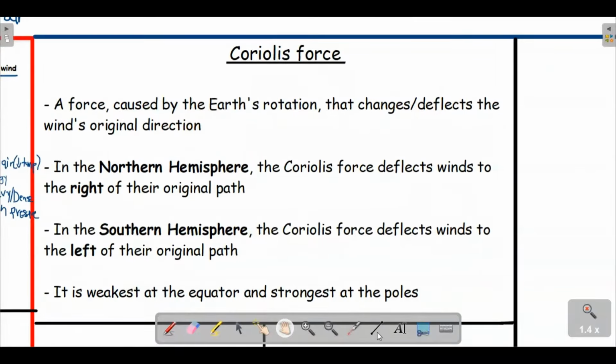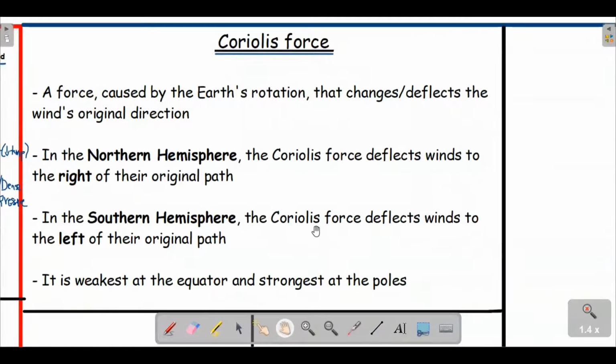And now we have another force. This force, we call it the Coriolis force. So the Coriolis force is a force that is caused by the Earth's rotation. Remember, the Earth rotates. So we're saying that this force, caused by the Earth's rotation, changes or deflects the wind's original